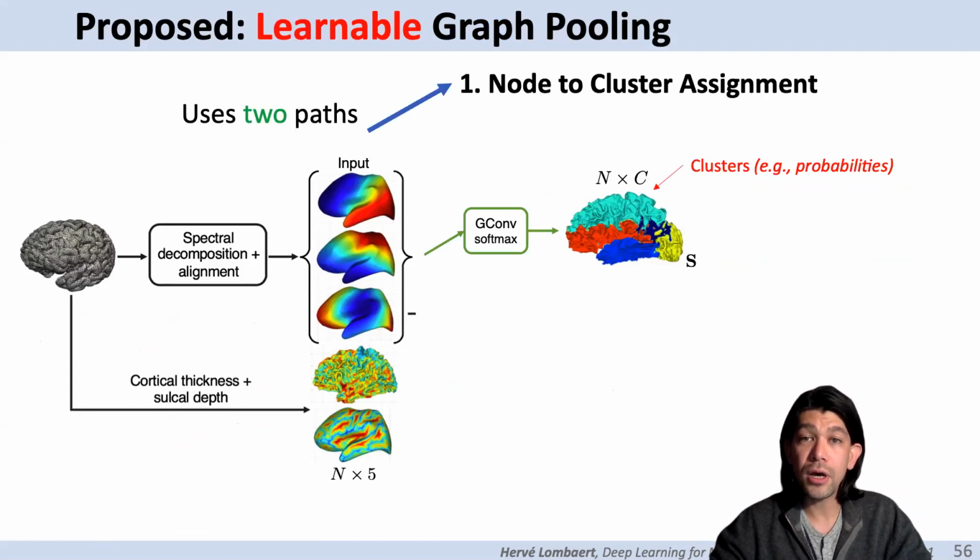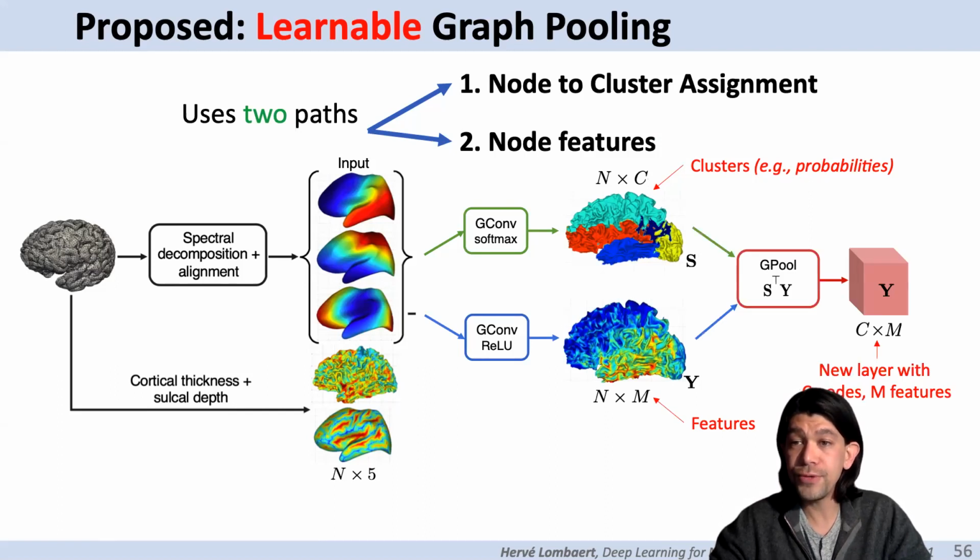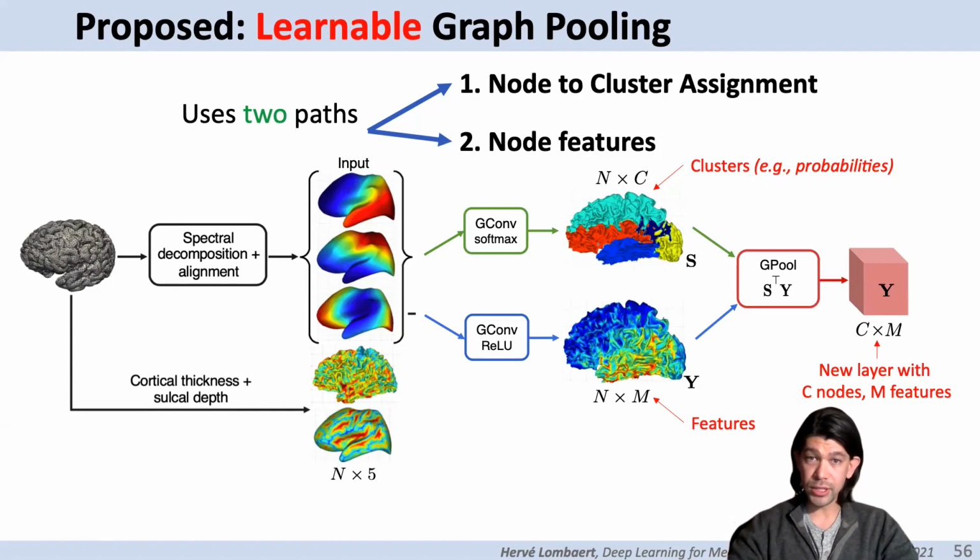The way it's done, we built two paths. One path learns how to assign nodes to clusters, a bit similarly to the method we just saw. Another path learns different sets of features to do a particular task. Then we merge those two to eventually